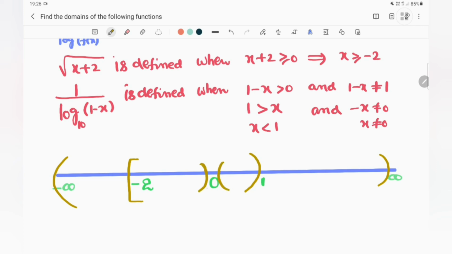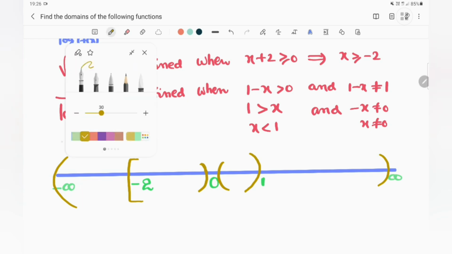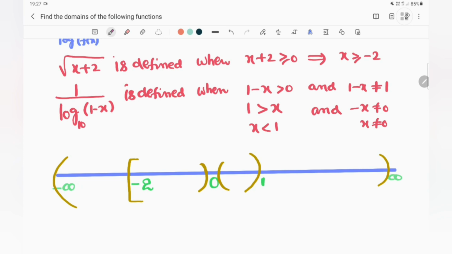So, what is the common part in this? The common part we are observing, just I will share that reason with you. That shaded reason is the required reason. That is, observe carefully. From minus infinity to infinity, this is the common part. Whatever I am shading there is reason, this is the common part.